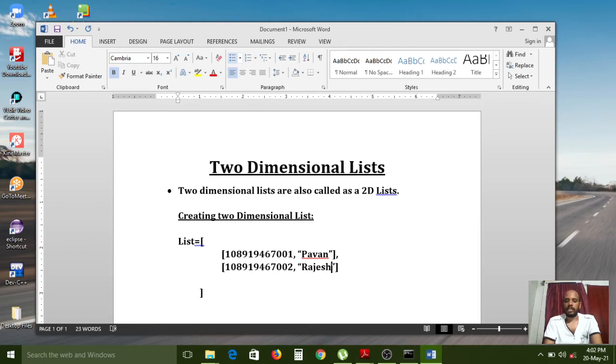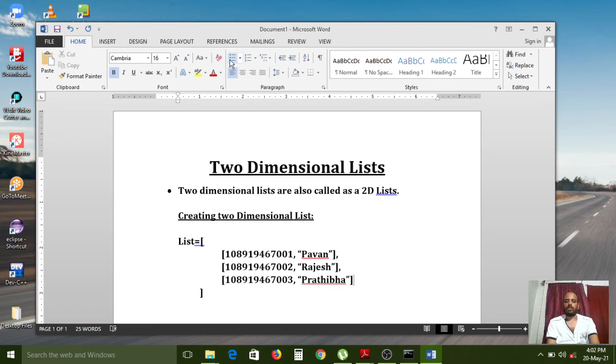Next I use one comma, because I would like to mention one more record: 1089.19.467.003 is the hall ticket number, and in between double quotes the name is Pratibha, a female name. So like that, I am maintaining 3 records here.